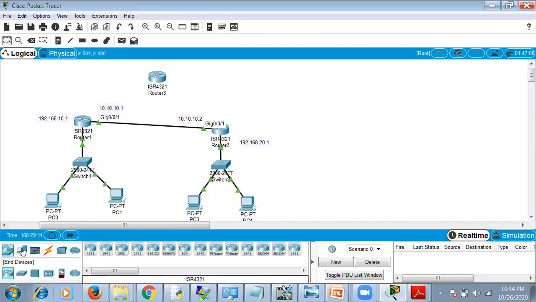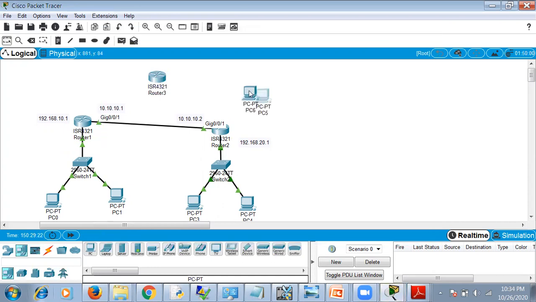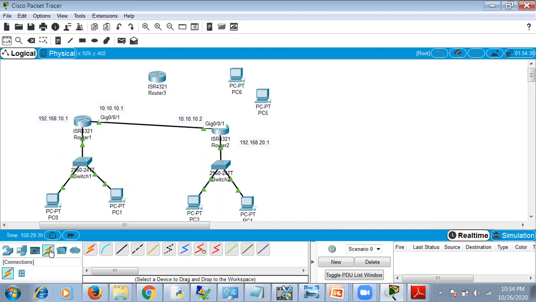We need to add the PCs also. We need to add hub also. So we'll click on hub.